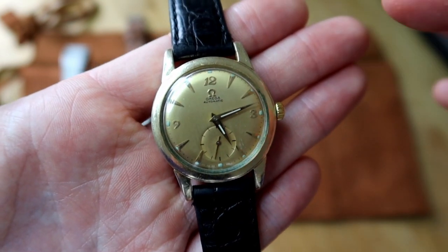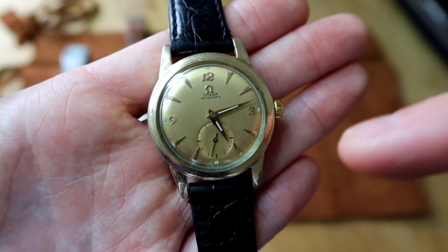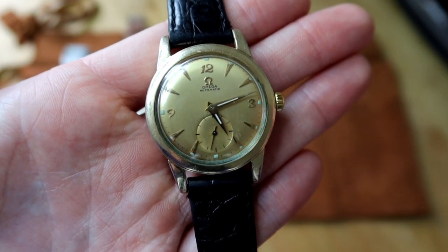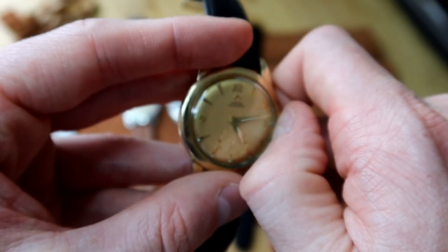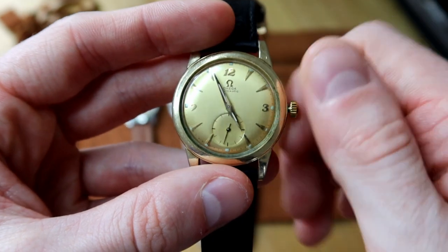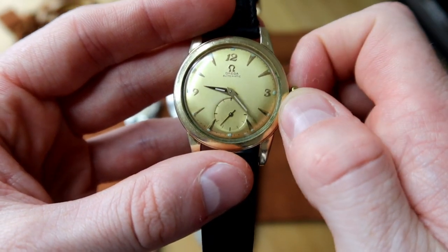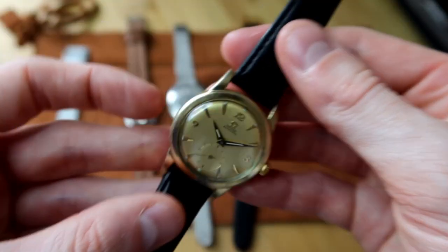I love the numerals on this piece. I think it's really attractive, and then you have these sword hand hour markers that are not at 3, 12, and 9, which I think is really good looking. Applied Omega logo with Omega automatic at 12 o'clock. Really smooth complication. You can see the turning of this crown is pretty seamless,